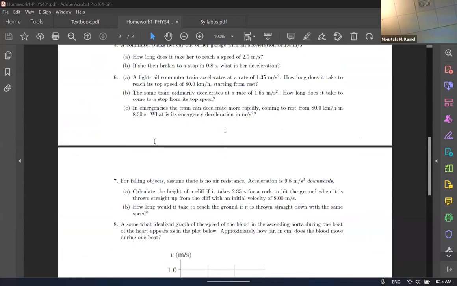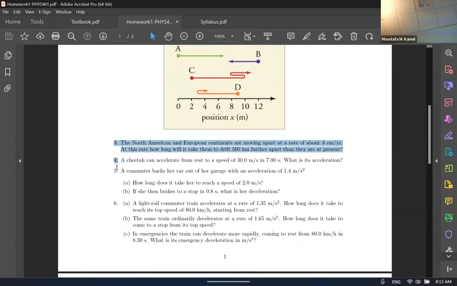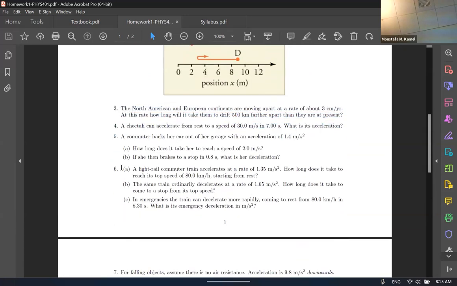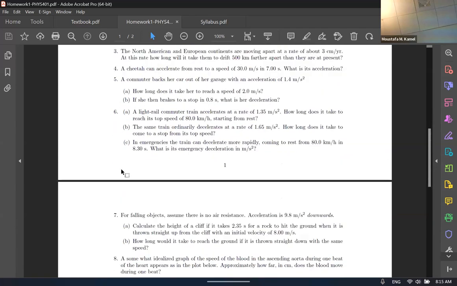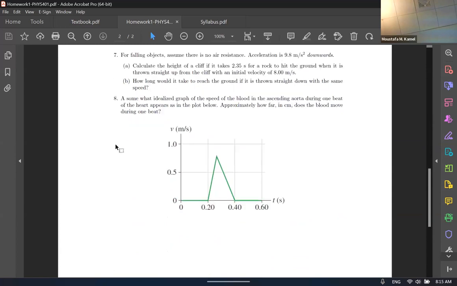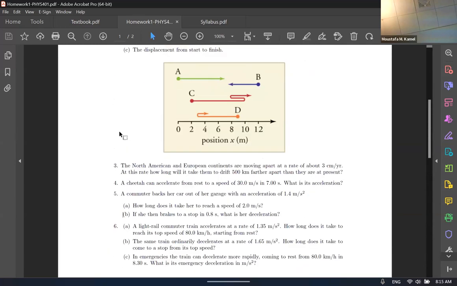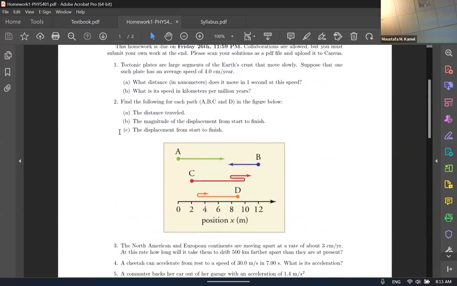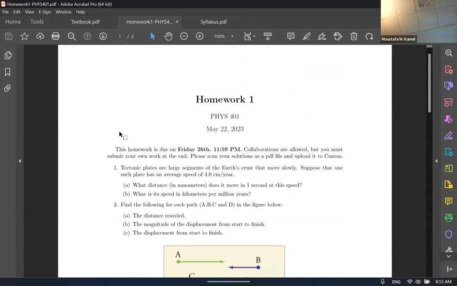Not problem 3 onwards. Those will be covered during next classes. Probably by tomorrow, you will be able to solve 3, 4, and 5. Then on Wednesday, you will be able to solve 6 and 7, and on Thursday, you will be able to solve 8. Then you will have the rest of Thursday and the whole of Friday to work on the homework collectively, just to review, or if you have any questions to ask me. That's why I guess office hours make sense to be on Friday, so you can work on the homework and collect all the questions you want. We will discuss that later, but that's for homework.